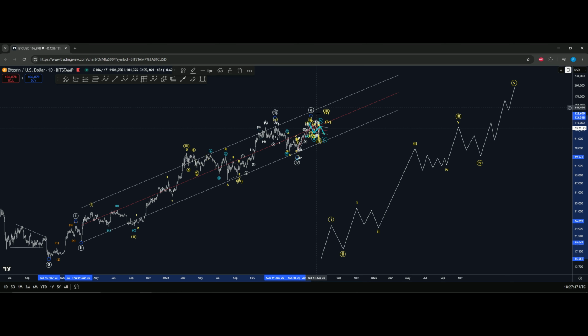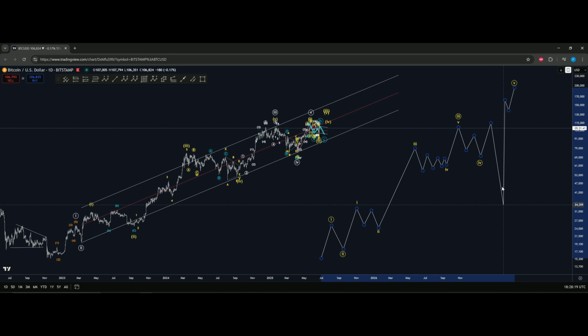However, if we are not done, there is a possibility for that. If we're making only a wave 1, 2 of a larger 5, meaning that the 5 needs to kick in and we are only making this, right? See what I mean? We are going to examine this price action right now, meaning that we're making a wave 2 or we're building something that is just going to fall down and cancel everything.